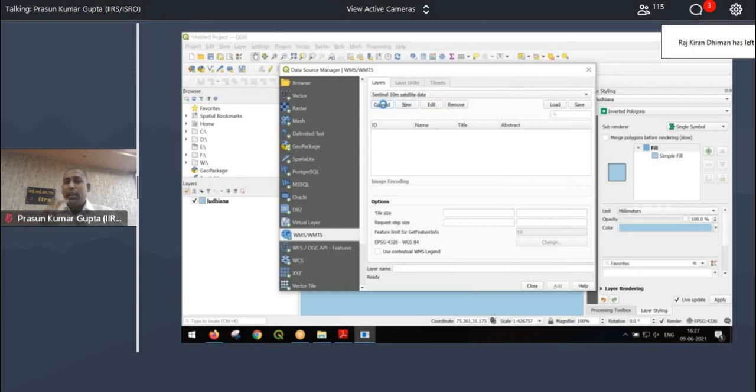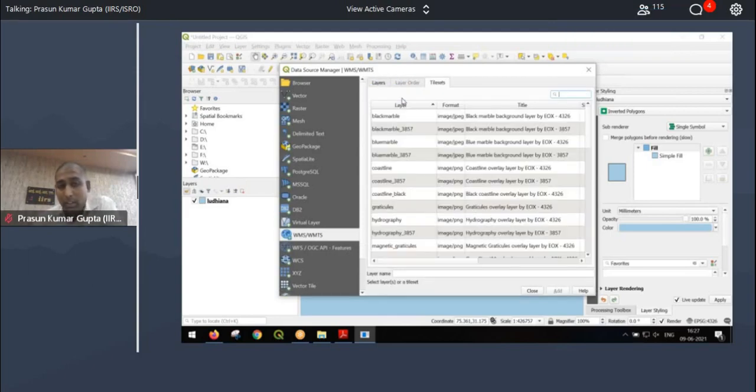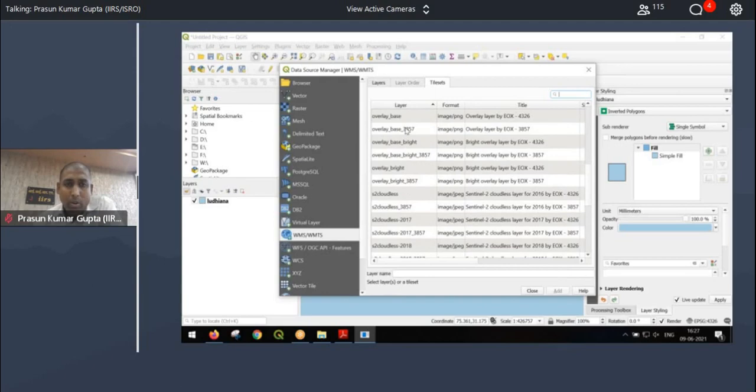So what it is doing now, it is connecting to that server and it is retrieving a list of WMS layers that they have. Not only one, they have several, I think a few hundreds of them on their WMS layer. So you see there is a black marble background, coastlines.